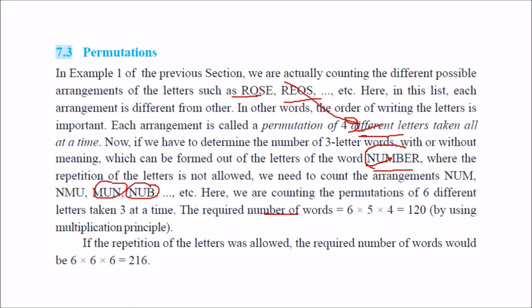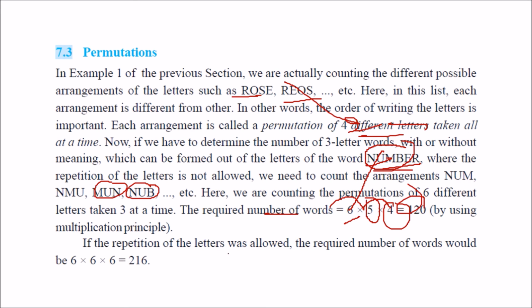First, you have these 6 at your disposal. So you can choose any of these 6. Then one you have already taken, so only 5 are left. So you can choose the next one in 5 ways, the next in 4. So if you have to choose 3 from these, 6 into 5 into 4, there are